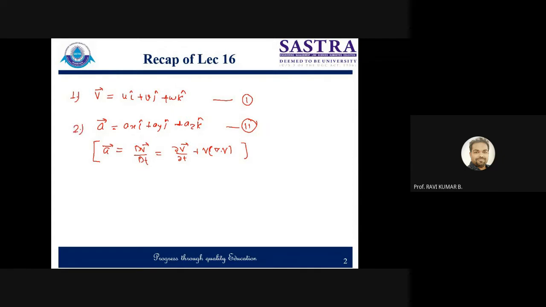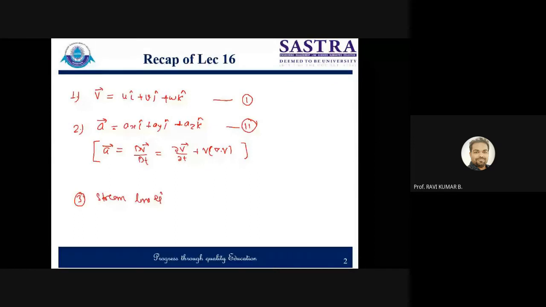We follow it because there was a problem with the Lagrangian approach: for each and every molecule you require a separate equation, and it is very difficult to trace each individual particle while it travels from one point to another. So the problem becomes slightly complex. In order to make it simple, we went for the control volume approach. Then we defined the streamline equation, which is a very important point, and which gives you the direction. For the three-dimensional case, we write dx/u = dy/v = dz/w. This is called the streamline equation.